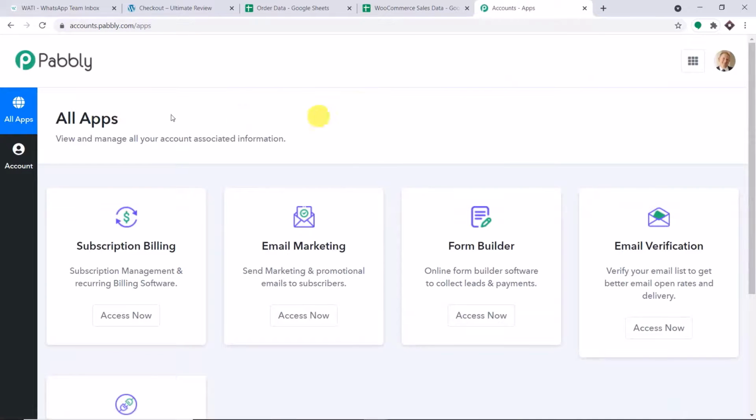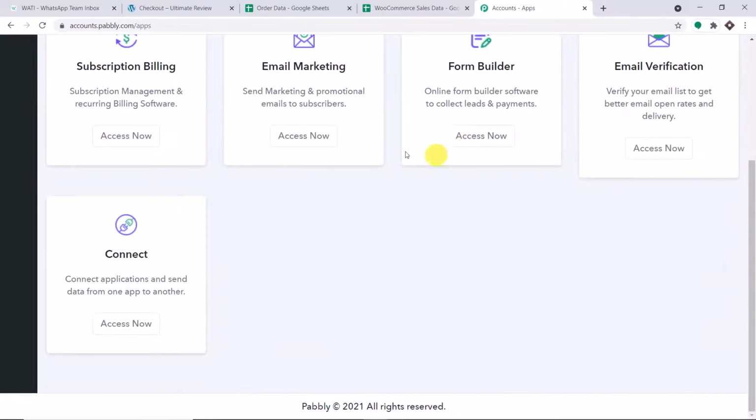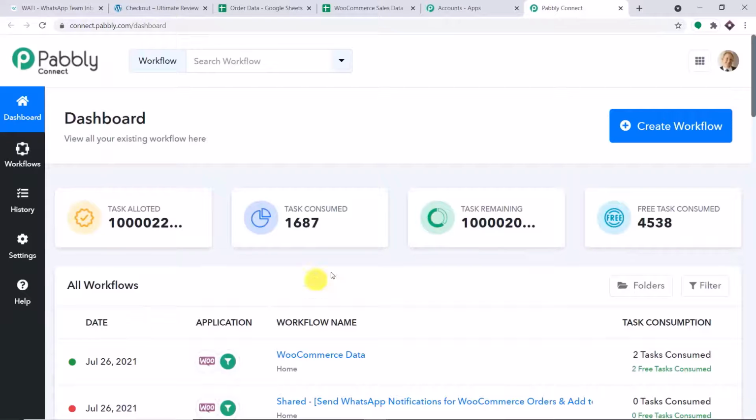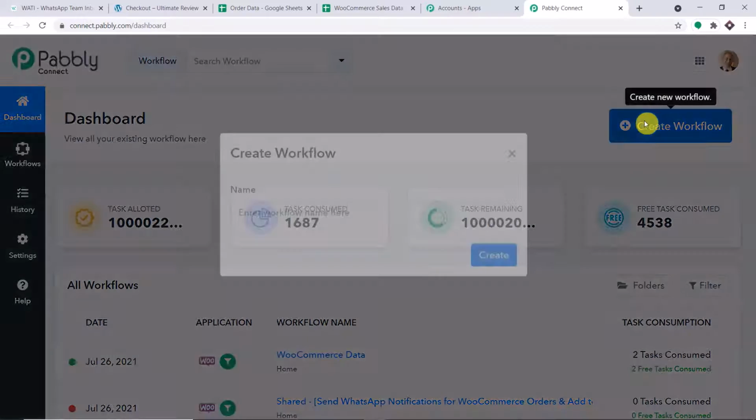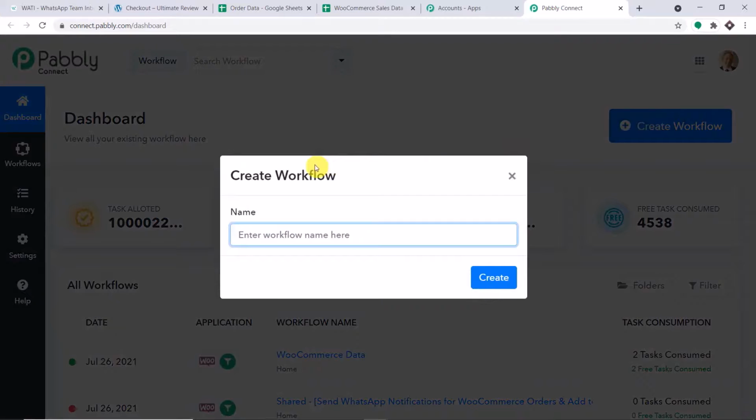This is the landing page of Pabbly. All you have to do is scroll down and here you will find Connect. Just click on access now. At the top right corner, you will find a button, create workflow. Click this, and a dialog box appears in front of you. It is asking you to give a name to this workflow. I'm going to give it the name